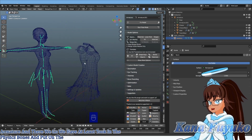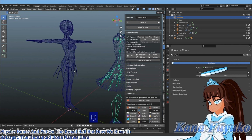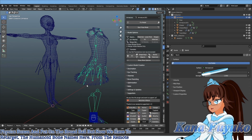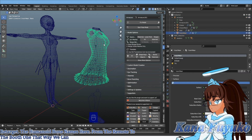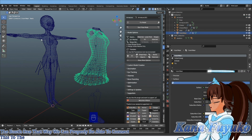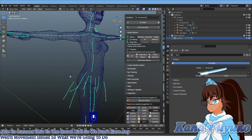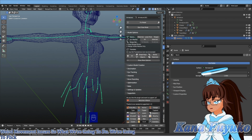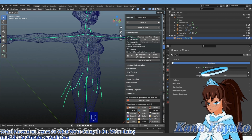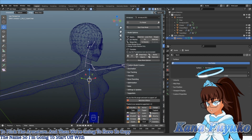But now we have to retarget the humanoid bone names here from the Vroid model to the outfit one. That way we can properly connect this to the Vroid model so we don't have any weird movement issues. So what we're going to do, we're going to select the armature, and then we're going to have to copy the name. So I'm going to start off with, let's say, the chest bone, which